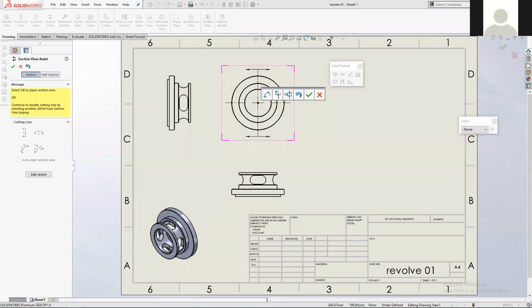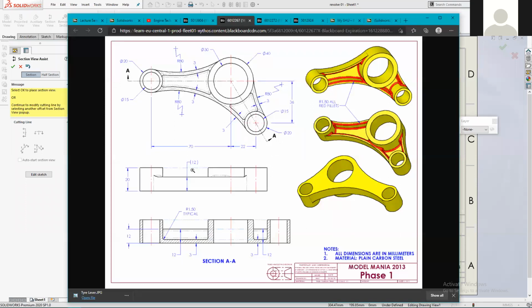So here's a good example of what I'm talking about. So you can see on this part that is actually on the learning materials for you to have a practice on at some point. We might have a go at it in class. You can see A-A section line cuts through the part here, but then when it gets to this center point here, it turns a corner and cuts down there and ends there. So when you have a look at the section here, you're not looking at just a simple flat cut through the part. You're looking